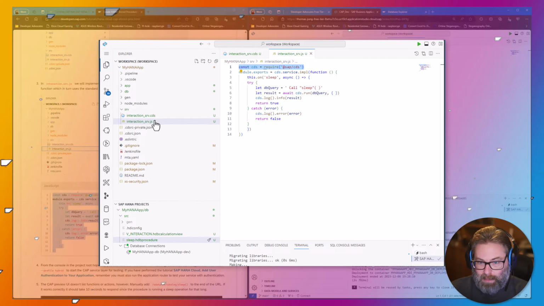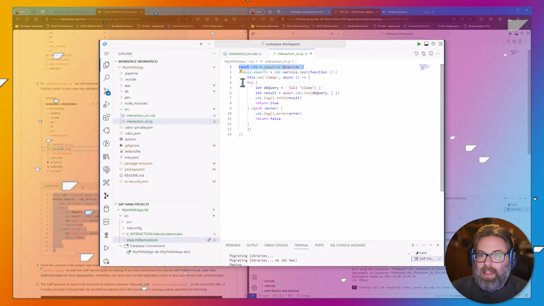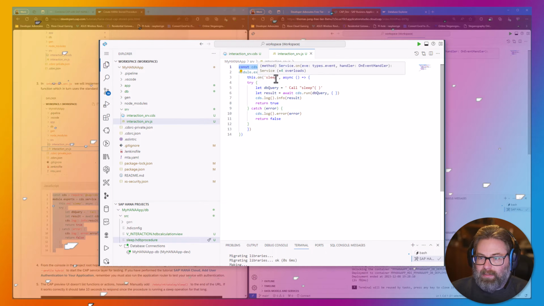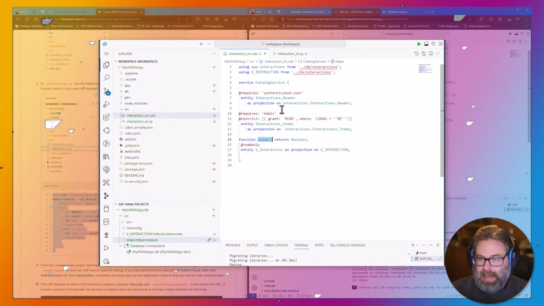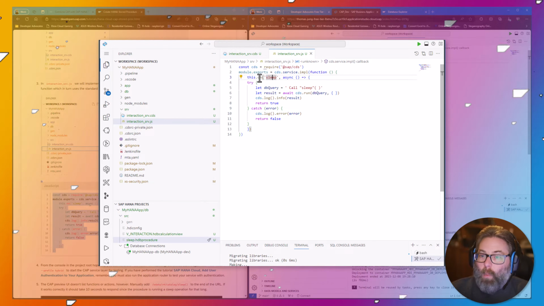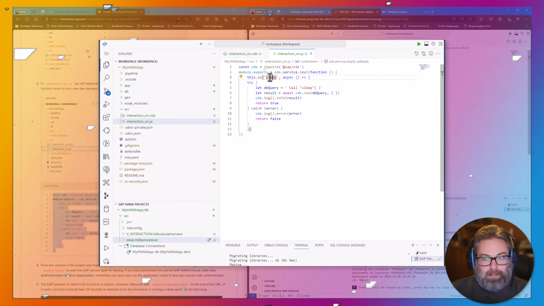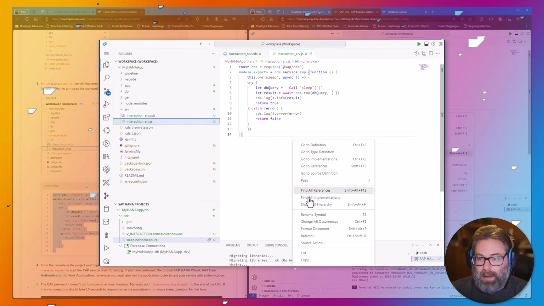We know that it's matched by the name to our catalog service. And then we're saying this on, and we give it the name from the service handler, so sleep. So we're implementing what will happen when the sleep function is called. The rest of this logic is whatever we want to type in here, basically, to implement that.